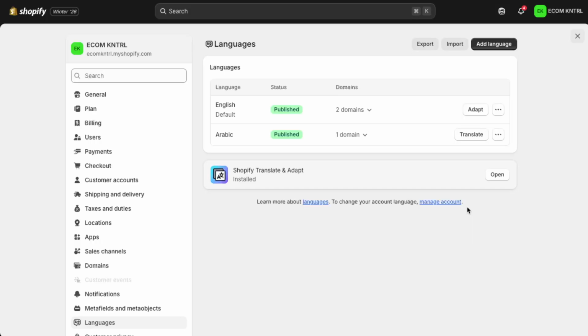That's it. Your store now supports multiple languages using Shopify's built-in translation tools, giving